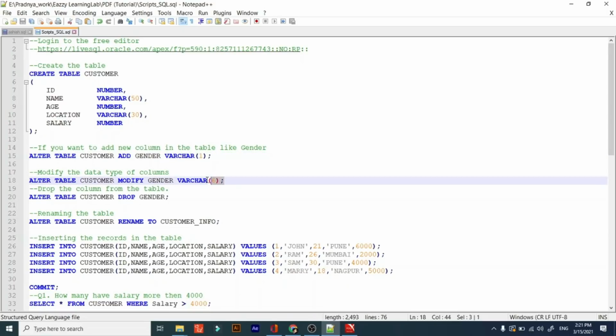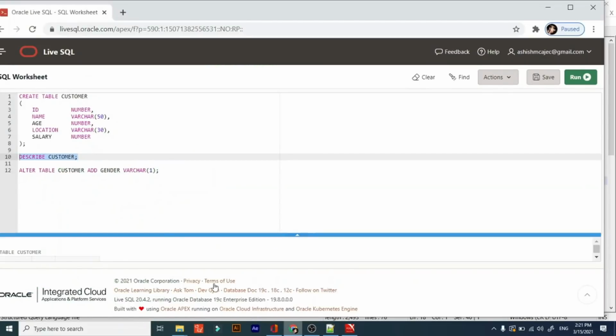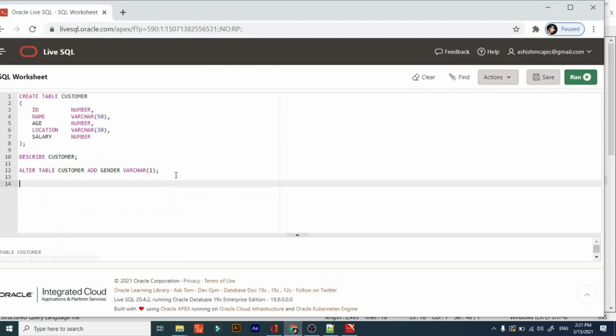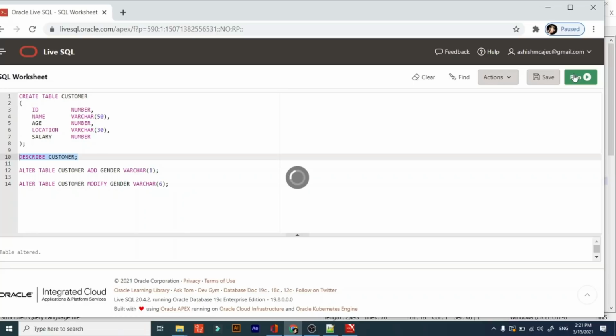Now if you want to modify the column, we use the modify option with the alter command. That is, we are modifying the data type of that column. Earlier it was varchar 1, now we have increased the length of that column.